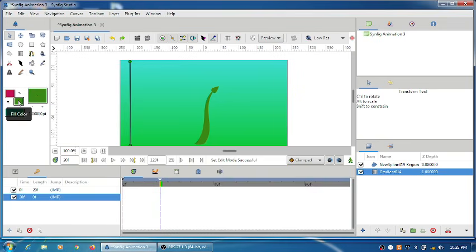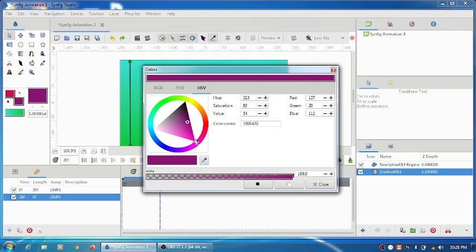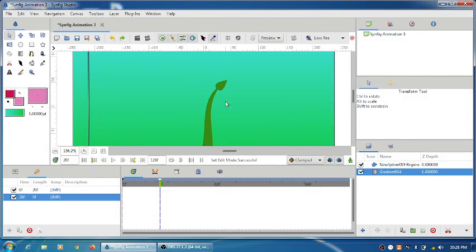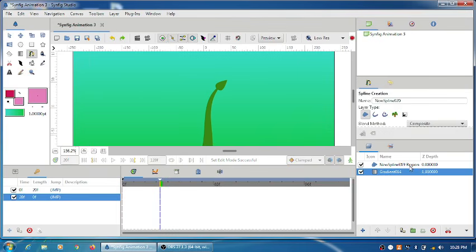For the petals I'm going to select the pink color shade. So this is okay, fine. Let us just zoom in, and again I'll use the spline tool, but I'll first rename all my layers because that is a good habit.